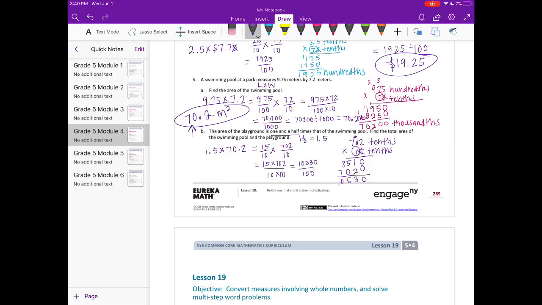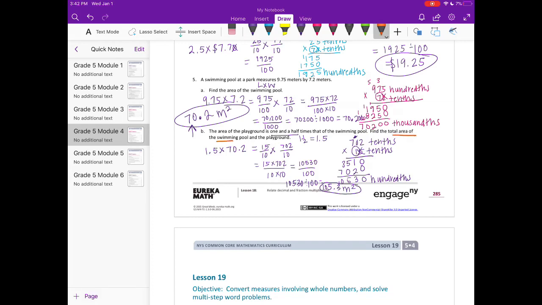Over 100. And tenths times tenths would be hundredths. So we have 10,530 hundredths. And 10,530 divided by 100 is equal to 105 3/10 meters squared. Now, that's not our final answer because we want to know what's the total area of